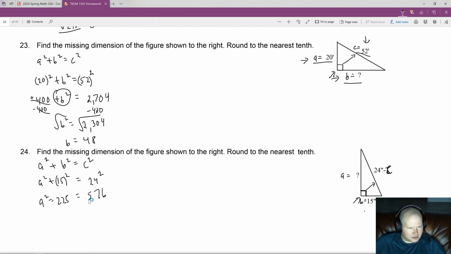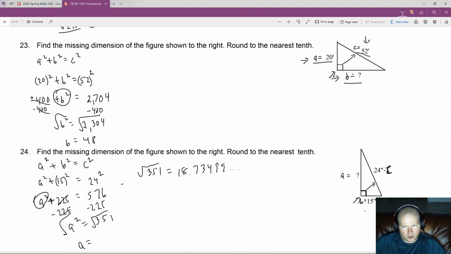576. Next, we're going to try to get the a squared by itself, but we need to get rid of this 225. We do that by subtracting 225. Whatever we do to one side, we do to the other. It gives me a squared is equal to 351. Next, we undo the squaring of a by taking the square root of it. Whatever we do to one side, we do to the other. That gives me a is equal to the square root of 351, which is equal to